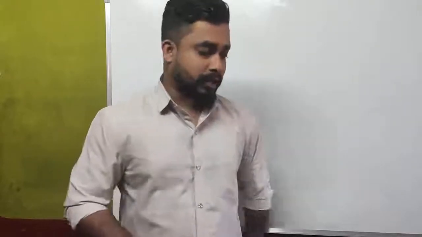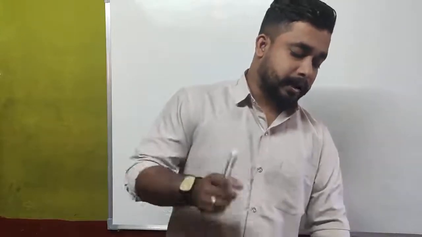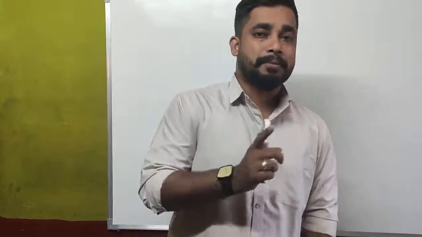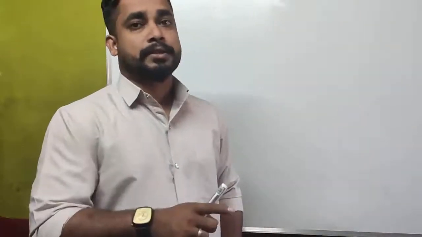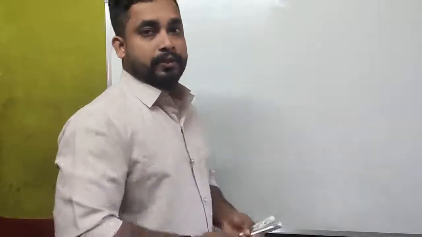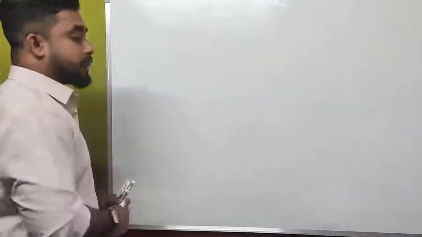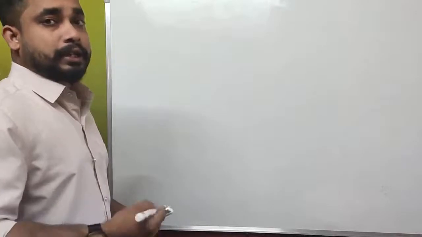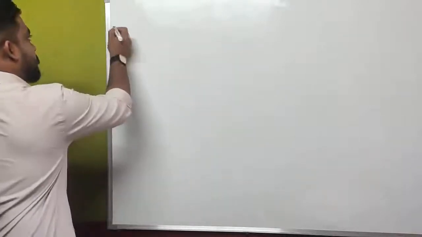This is what the question is like. Actually what we have to do is calculate the Rydberg constant using the Lyman series, and then calculate the wavelength of the third member of the Balmer series. Now let us see how we can deal with this problem. For that, initially we have to write the given constants.